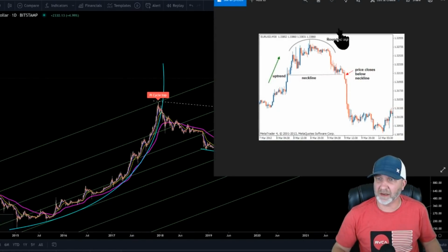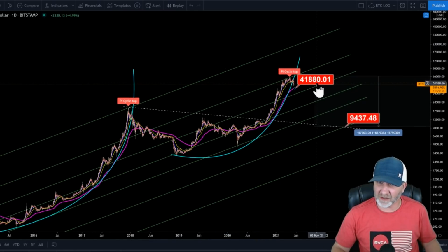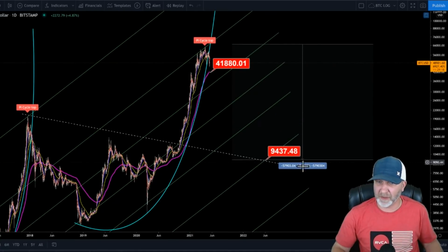And again, I'll show you the rounded top. Looking at this as a rounded top, as you can see, it looks a lot like what's going on now. And once we break this neckline, it should drop pretty quick. Our neckline right now is around that 42,000 range. So if that does break, we may get a swift move down to that mid $30,000 range. And like I said, if this was the top, an 85% correction would get us down to that 94,